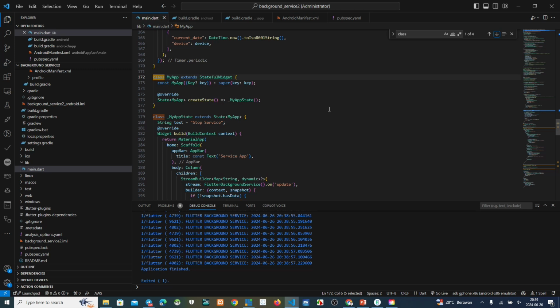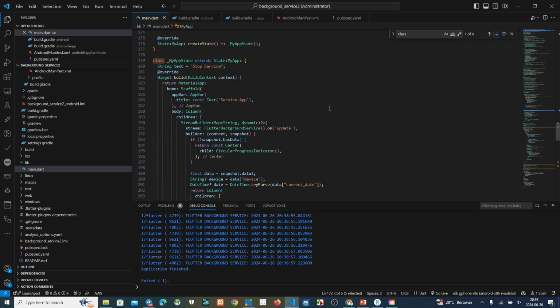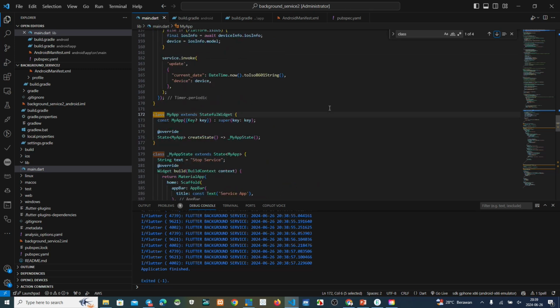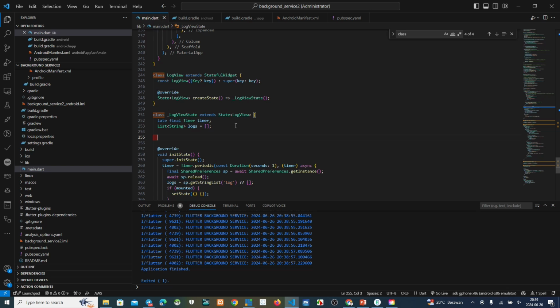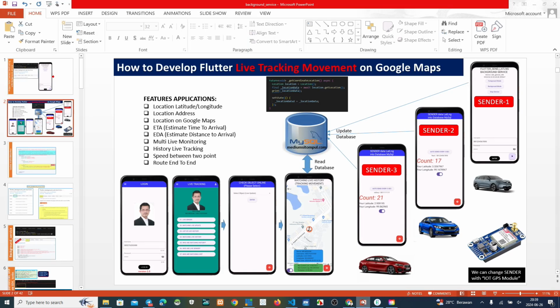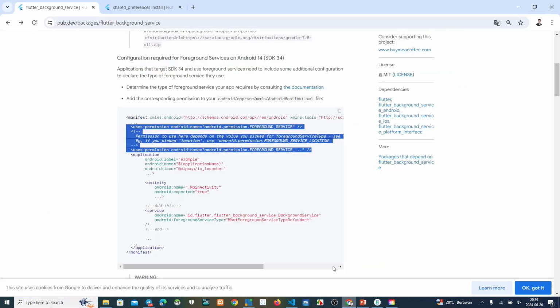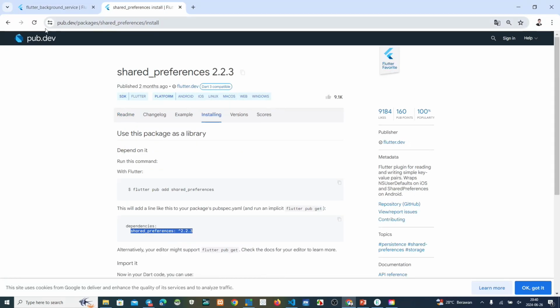Okay, we update to this one. Now we use HTTP because we want to send this data. So we must add the dependency here.